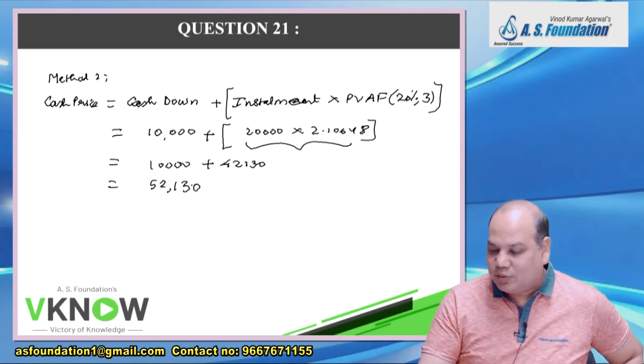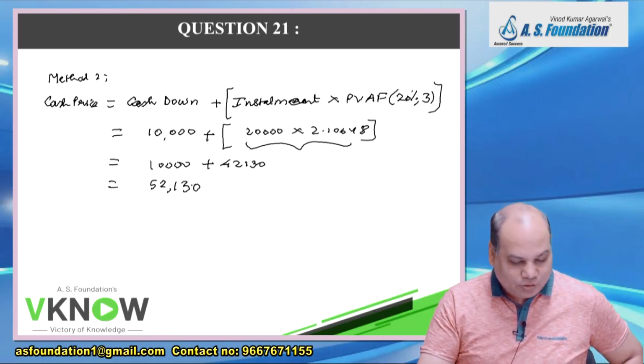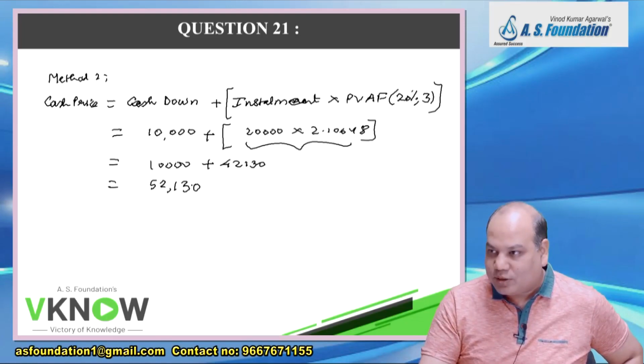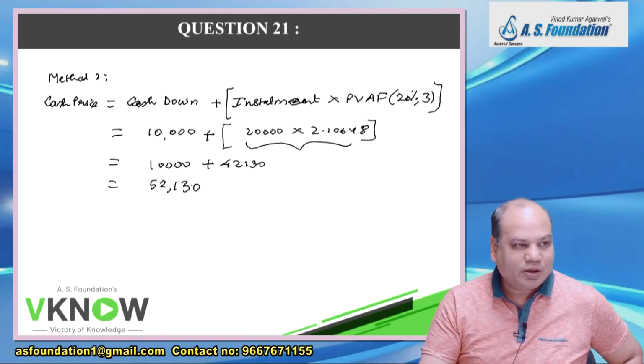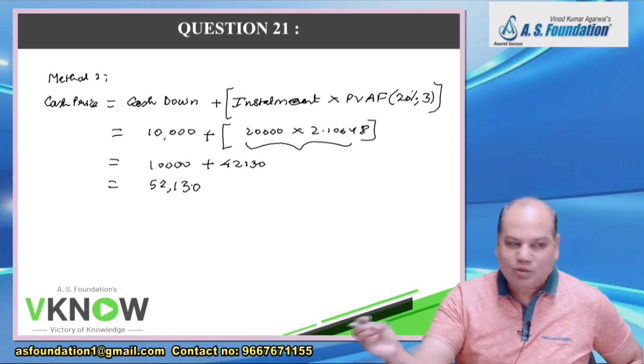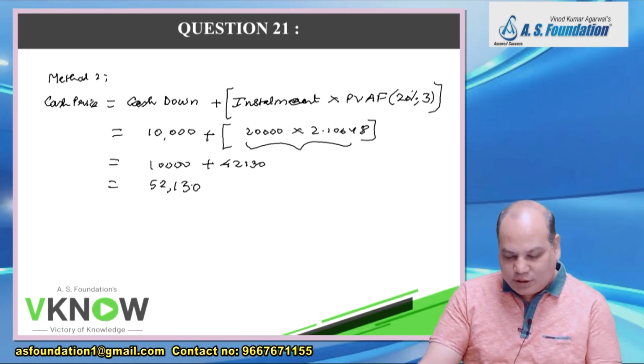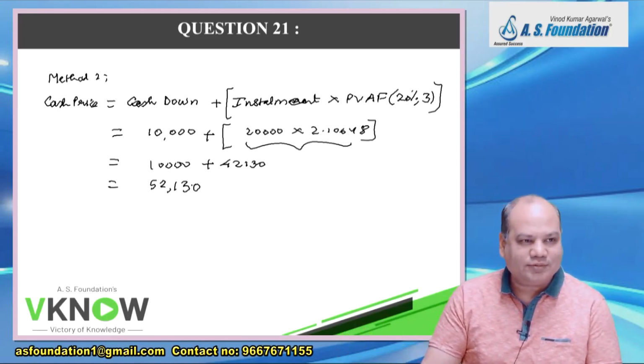But this method will only give you the cash price. So if the question is to find the cash price, your answer can be written in this manner also. But if you also have to calculate the interest included in each installment, or if they ask you to pass journal entries, then this will not work. Then we have to prepare the table so that you can get the interest easily. Any query on this? Those who have done, kindly move to the next question.